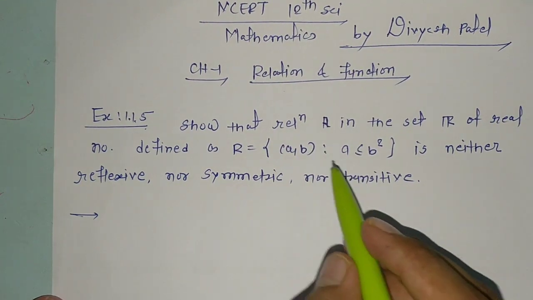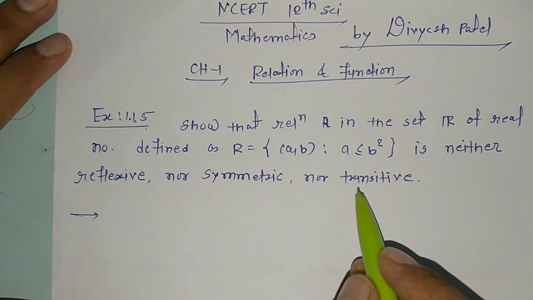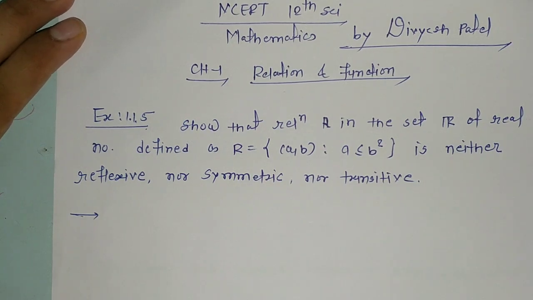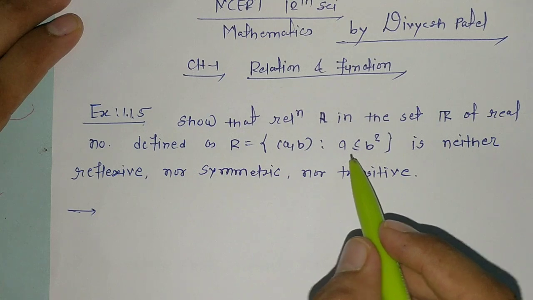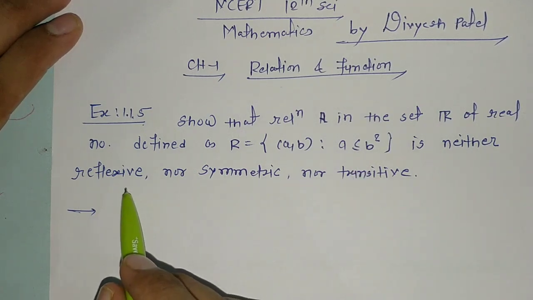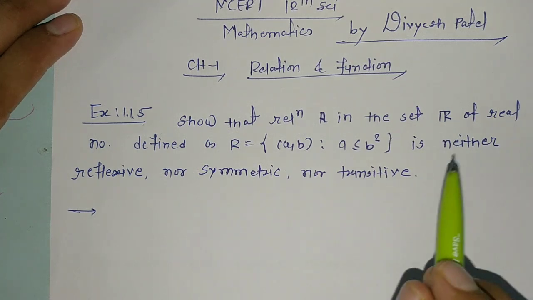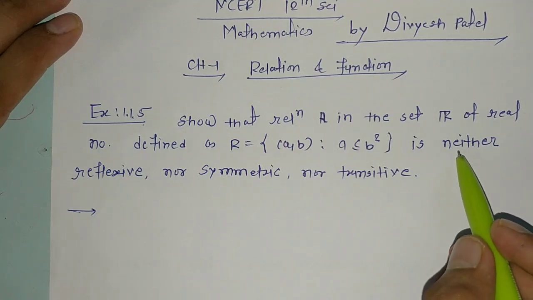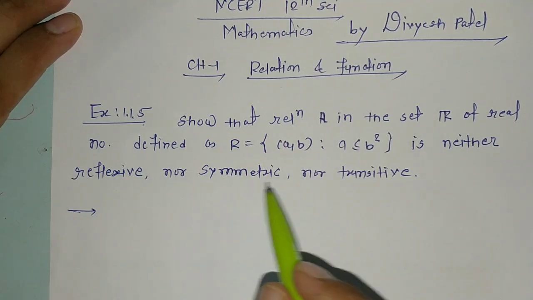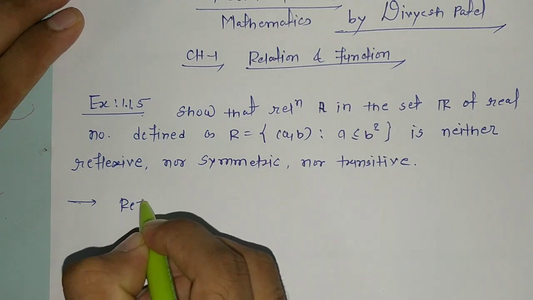As we have to prove that this relation is neither reflexive nor symmetric nor transitive, we are going to prove this by giving one counter example. If this relation satisfies all the conditions of reflexivity, symmetricity and transitivity, then it must be satisfied for all the elements of real numbers. But as per the question, we have to give one example for which this relation is falsified. So for the reflexivity,